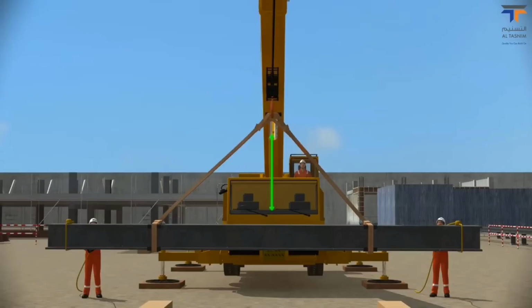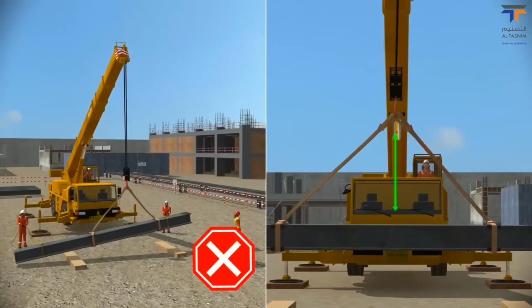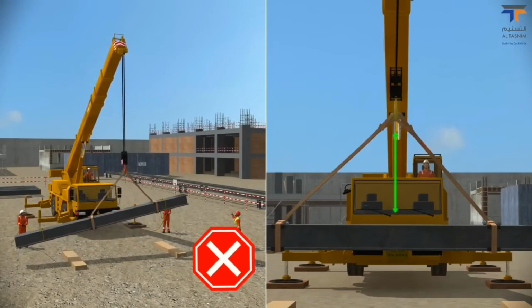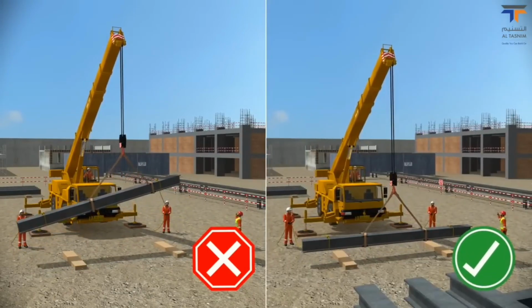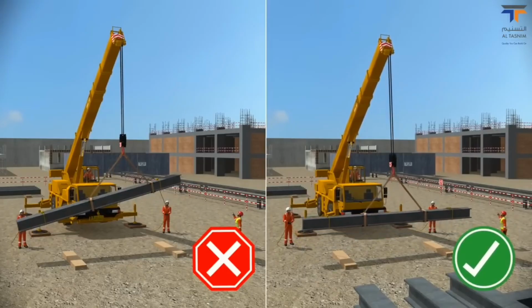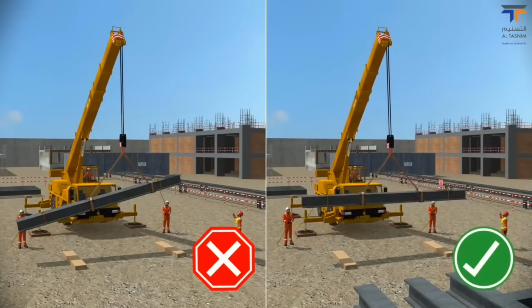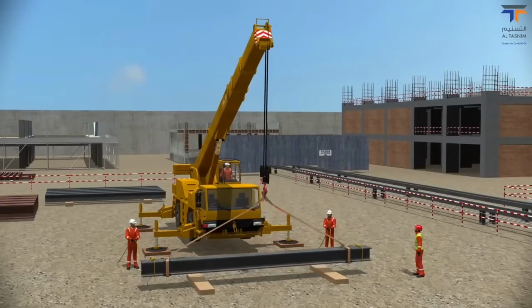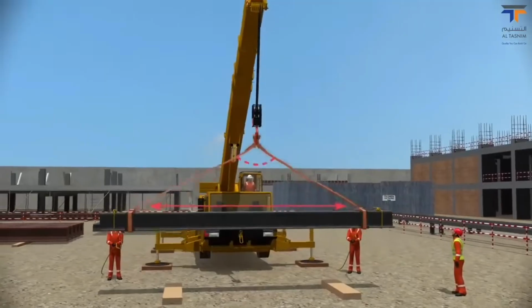If this rule is not applied, then the weight will get lifted in a tilted position instead of a straight position. In such cases, the sling will have unnecessary weight and the load may become imbalanced, which is dangerous. This kind of problem must be rectified immediately. If the angle of the sling triangle is bigger, it will create more pressure on the sling.